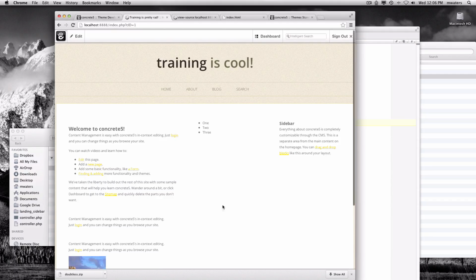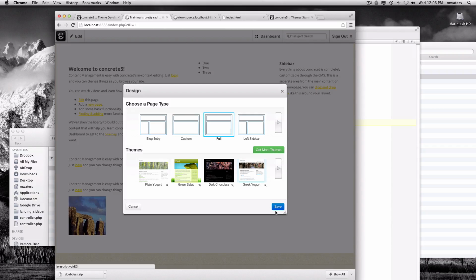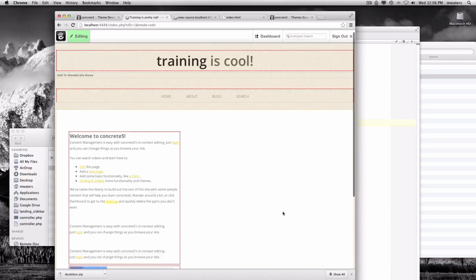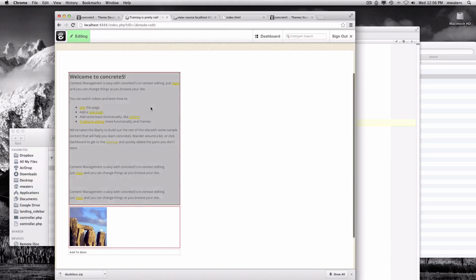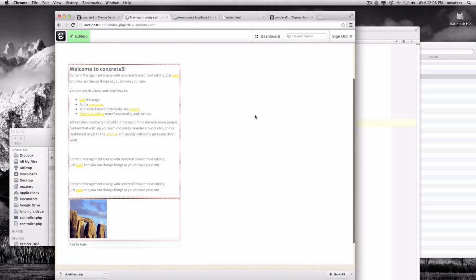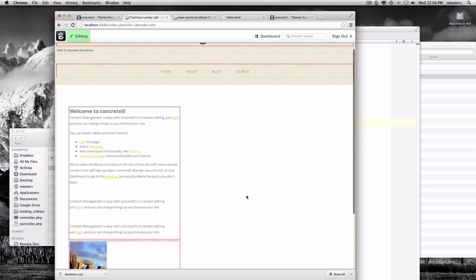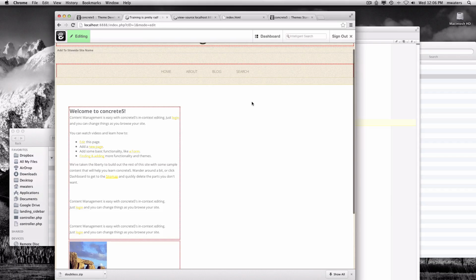So here's our default.php rendering our home page. If I change the page type to full, now concrete5 will find that template inside of our theme, that page type, and render the page content inside this one. As you can see, we don't have those two areas I just cut out inside there. Maybe what you want to do with a full page type is have a very wide footprint for this page,